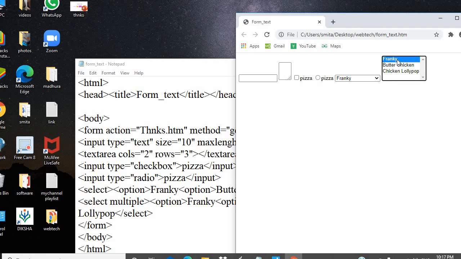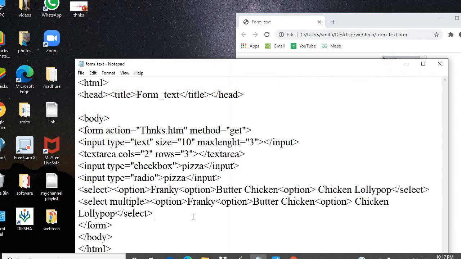Now after that we will move towards the next option, that is password. So over here the input tag will come, type is my attribute and password. Again, password contains attributes such as type, name, size, maximum length that you can decide.